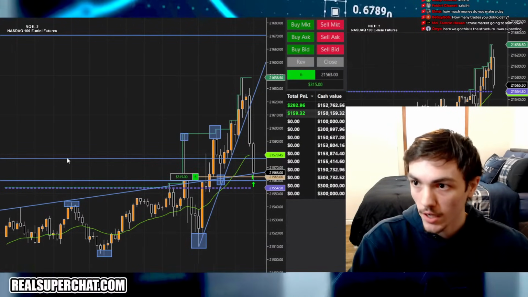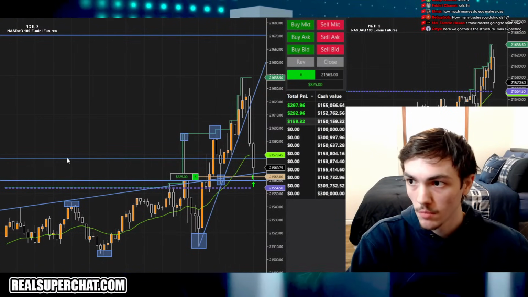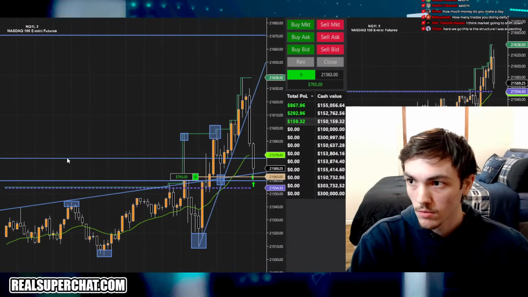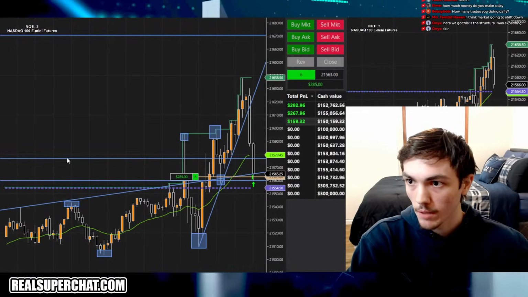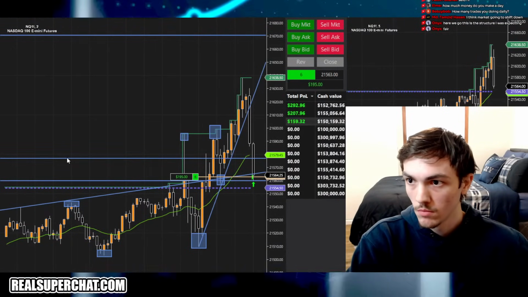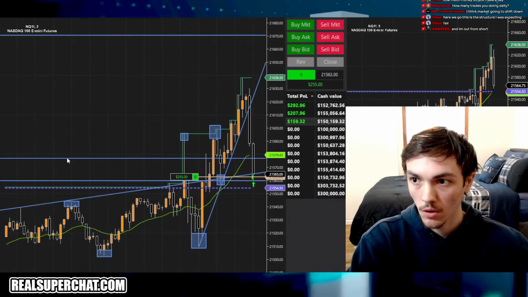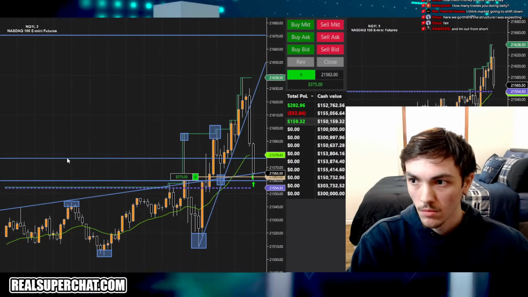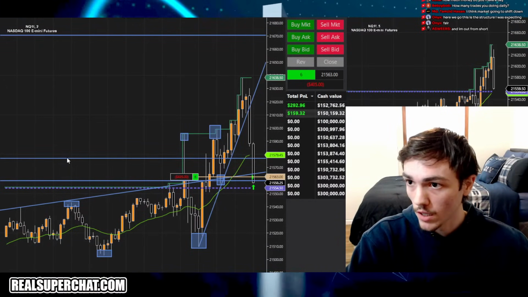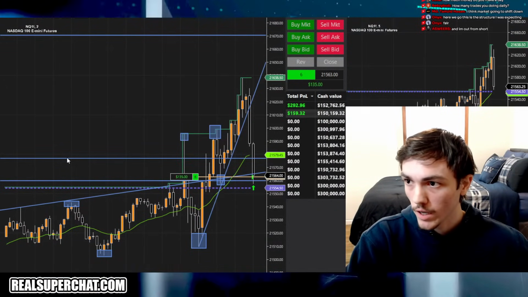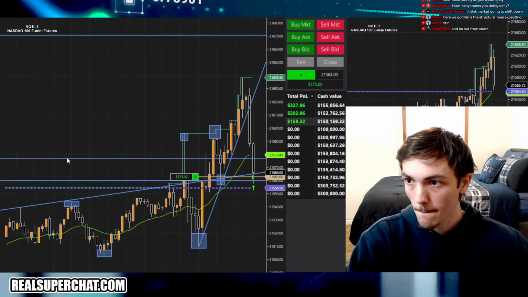And with 6 contracts, waiting, up 800, up 500, up 1,000, waiting for this to pump a little more. Giving it some room. If this one blows, we're going to a high value account of a higher value than this one. Okay, it's flushing down. This is ES about to hit the VWAP though. I kind of like that. Okay, looking for a bounce off that pivot point. Up 600, up 800.